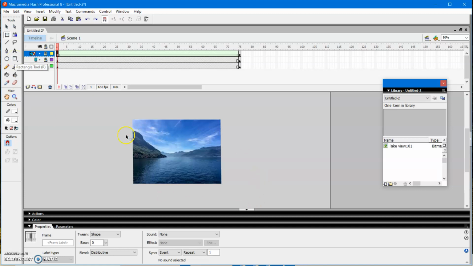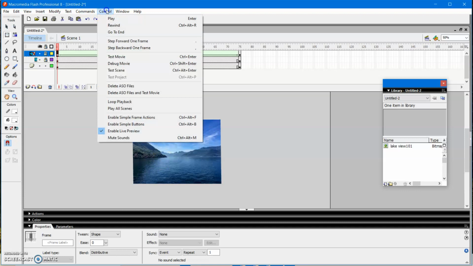Now draw an oval shape from the toolbox on the third layer. Then go for insert keyframe. See to it that all three layers are at the 75th position. Then select the third layer again and go for masking by giving a right click on the layer. Then select the first position of the layer and give tween as shape from the property window.